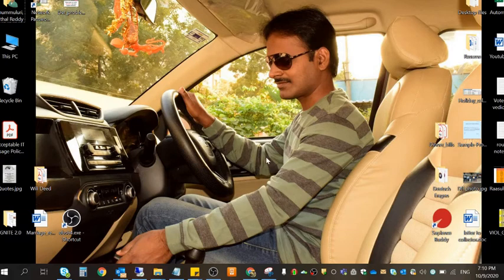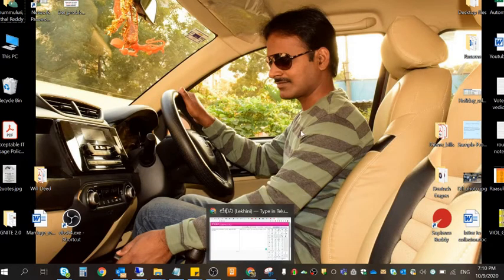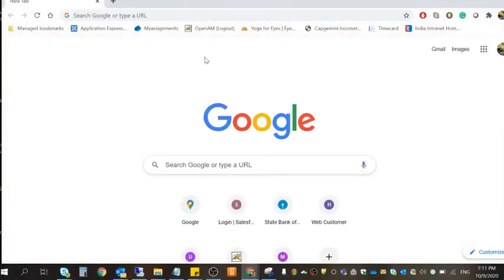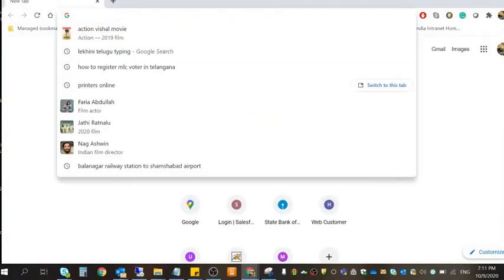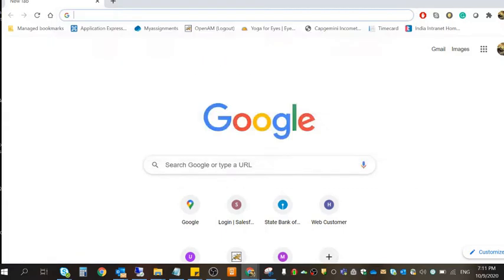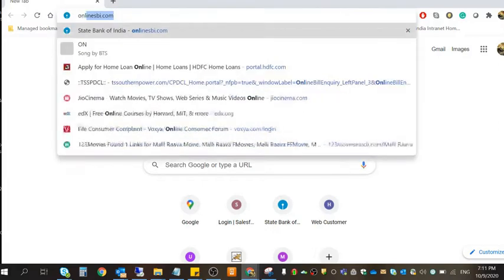So there are two ways to apply for MLC voter ID. The first one is online and the second one is the offline process. For online, just open the Google browser and search for CEO, otherwise search for